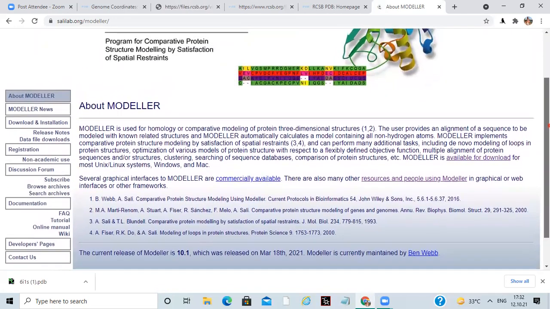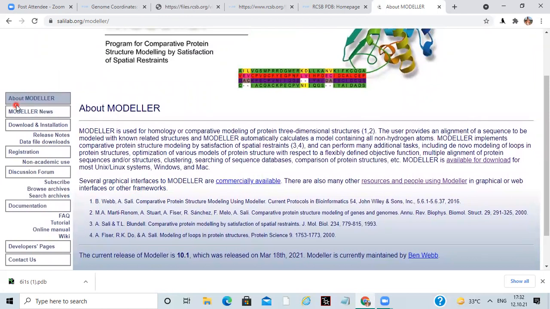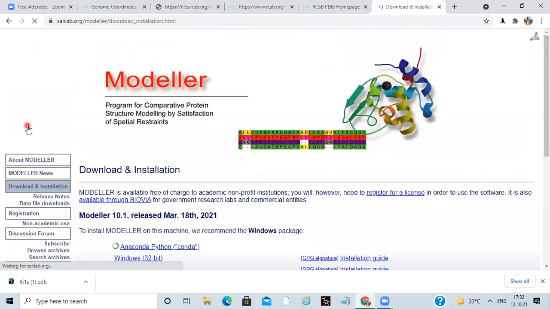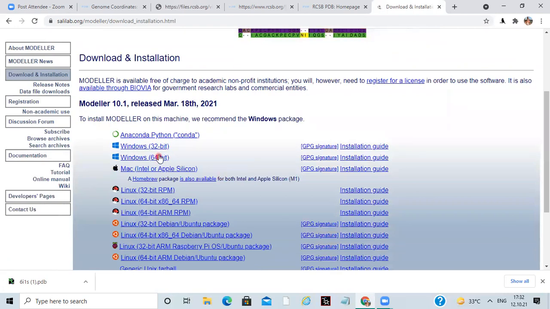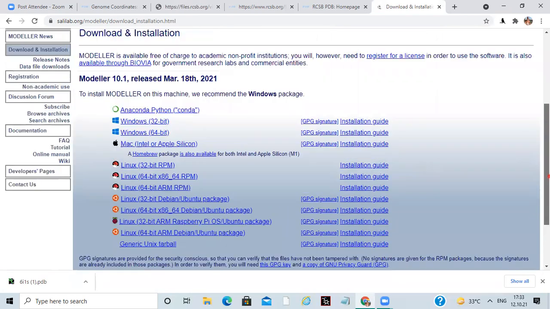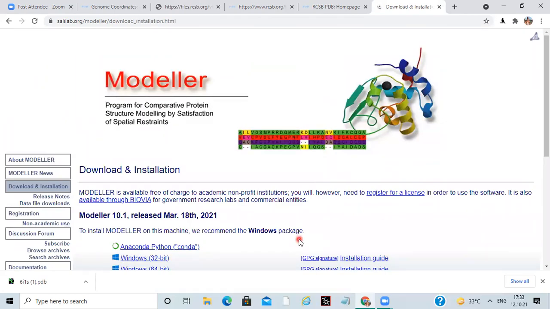In the meantime, you can click here for download and installation and start downloading on your system. According to your requirement, it can be Python Anaconda, a Mac system, Windows 32 or 64-bit, or Linux. Choose wisely according to your system and start downloading it.